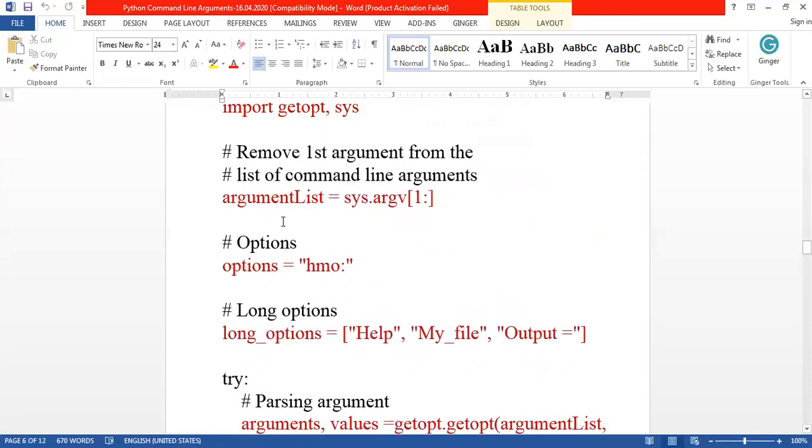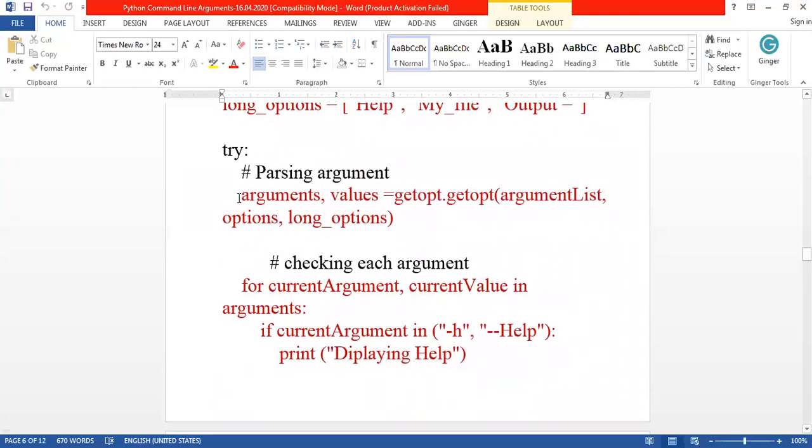So this argument will consist of a pair of values: the first part is the command and the next part is the value taken by the command. So what are these values? These values are nothing but the remaining values passed at runtime after the command.